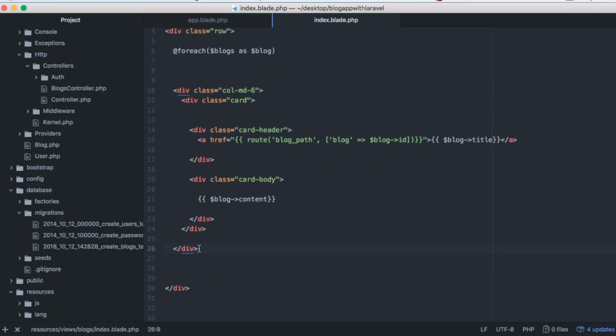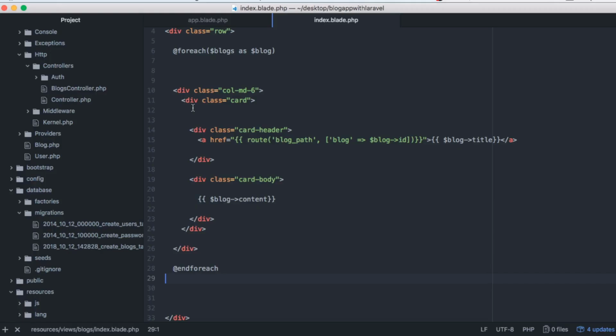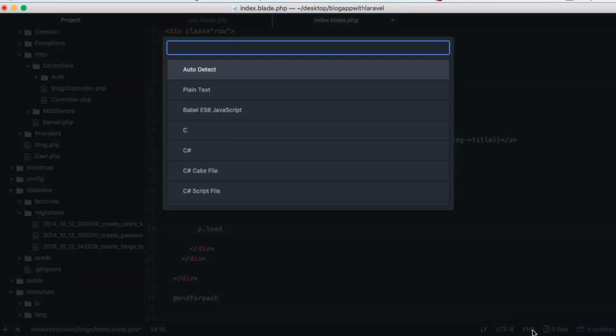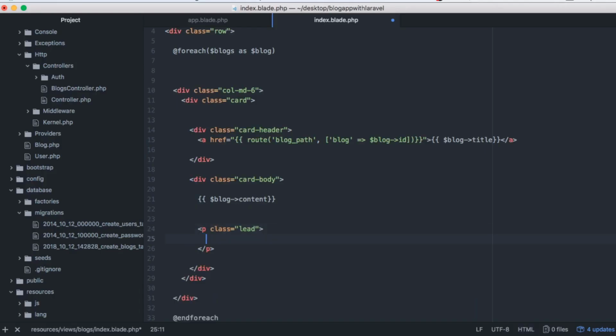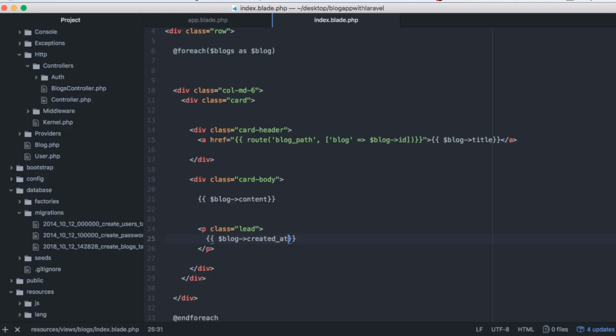Let's see, under the div call MD6. So there we go. Alright, and let's add here also maybe a p lead, and again HTML, and let's add here, for example, a block created add. So this will give us the timestamp, and we can use div for humans and make sure to add a